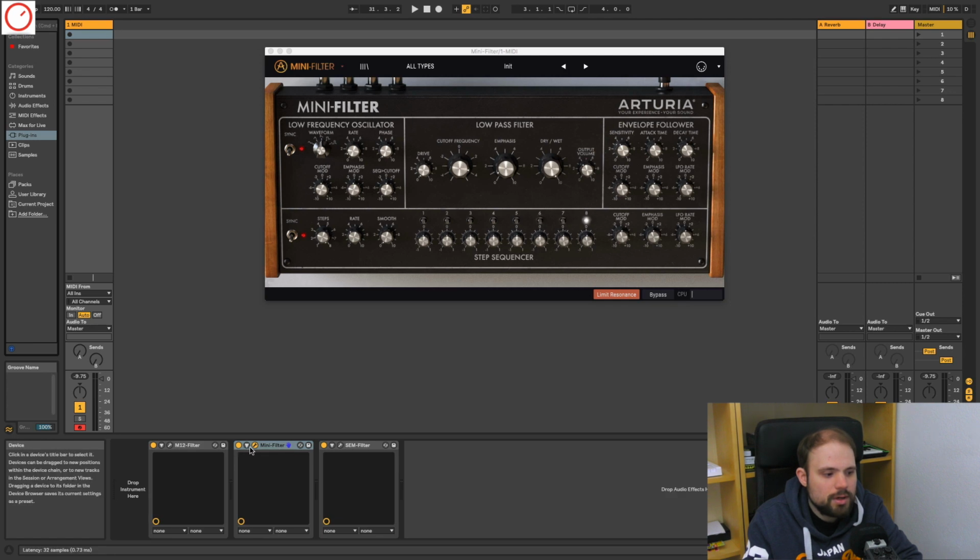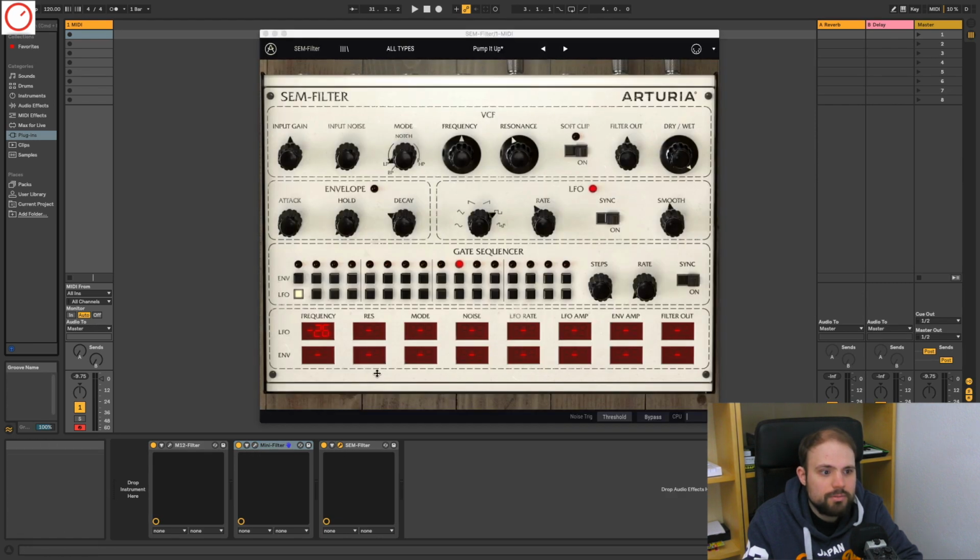The first new one is based on the SEM-Filter, so it's based on the SEM Synthesizer. As you can see, you have here the input gain, the input noise, also the morphable filter known from the SEM Synthesizer, so you can morph from bandpass to low pass, to notch to high pass without steps. Then you have here the cutoff and the resonance. Then you have also here a soft clip, then also a filter out, a dry and wet, then also an